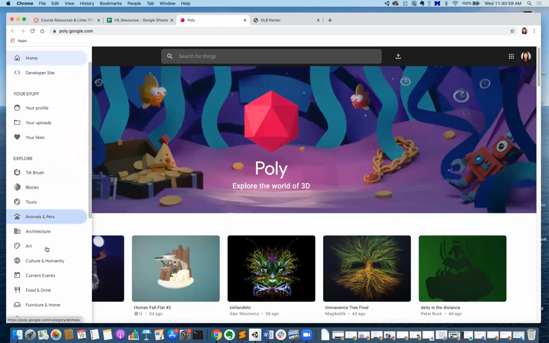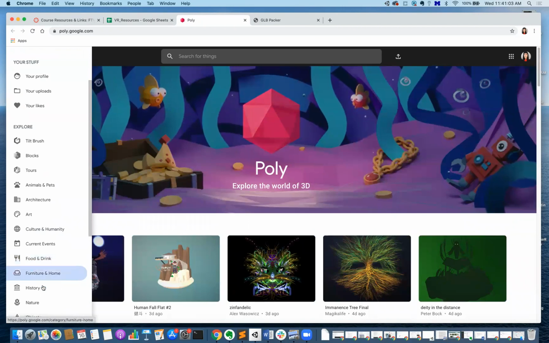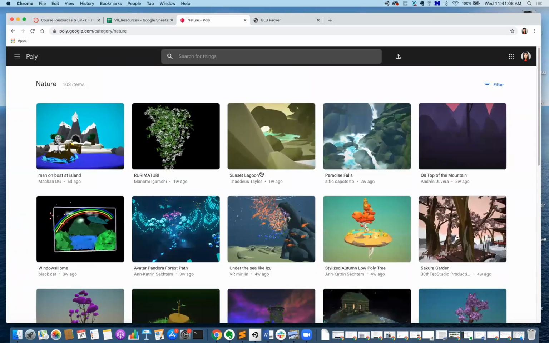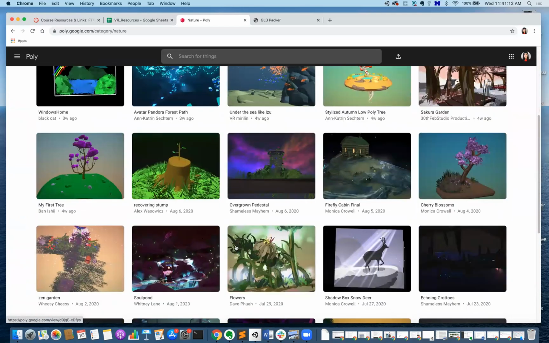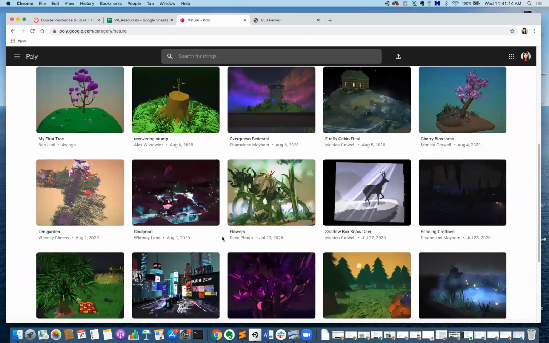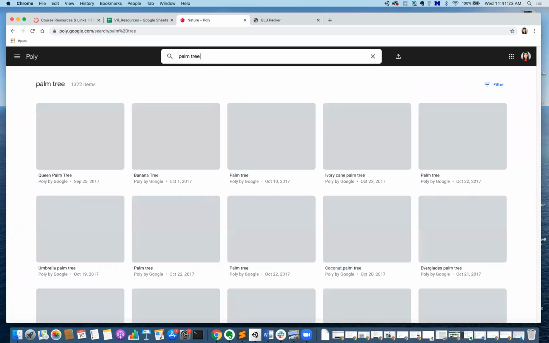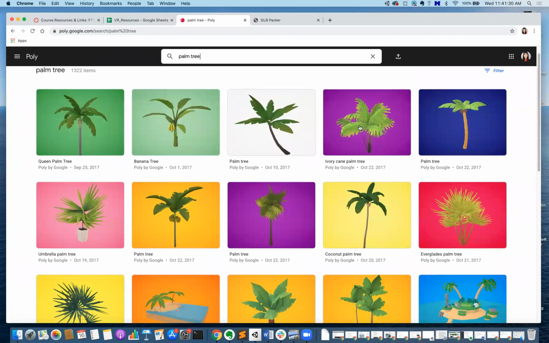I want to just grab some objects that are going to be like dressing for my scene. So there are all these different categories here. You can go to the categories and look through them. So here's nature. Again, all of these projects are going to be different levels of things that you could use and bring into your project. I'm going to just search for a tree. So these are more objects that I feel that I can use in my project. And when I go here,